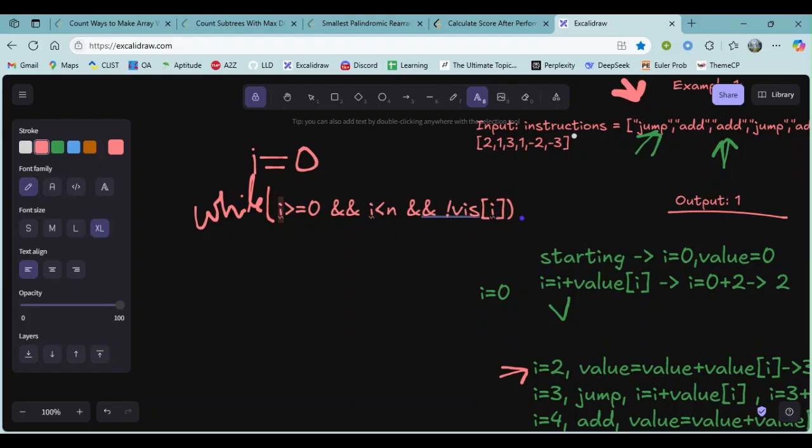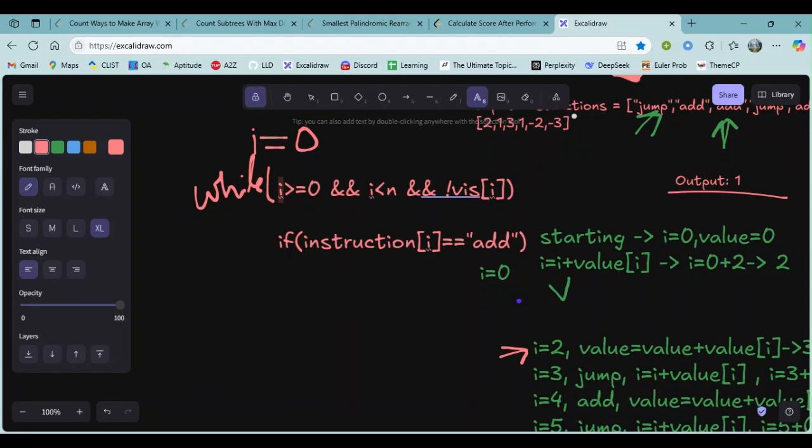Then what I will do, if our instruction of i is add, so I will just simply do value plus equals values of i and i plus plus.